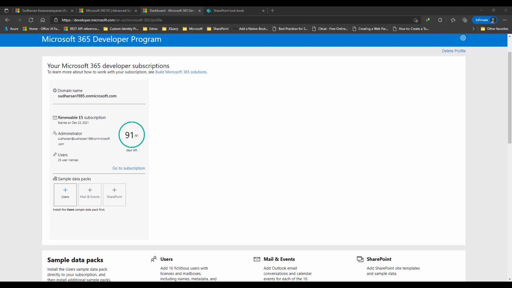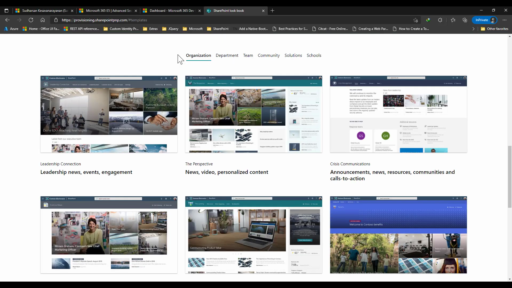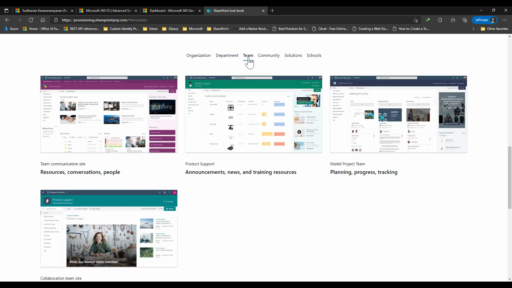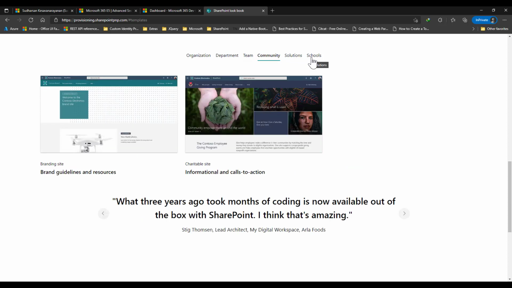The PnP lookbook offers different site templates, so you can leverage that and create the site collection using that template. The PnP lookbook can be accessed from this URL, which is provisioning.sharepoint.com, and you can go through the list of templates categorized as organization, department, teams, community, solutions, and schools.